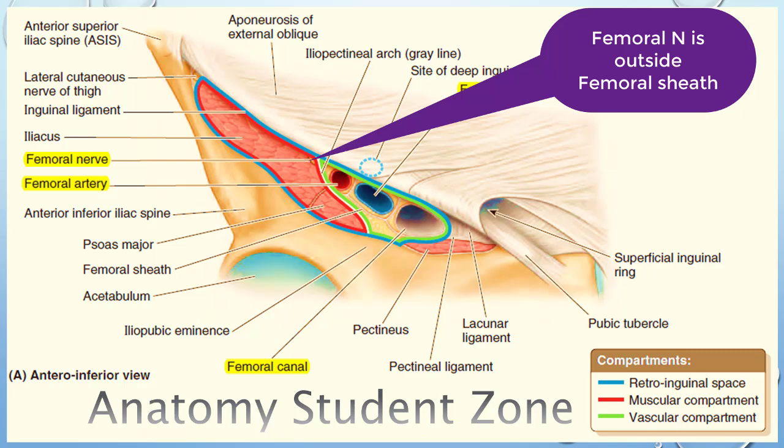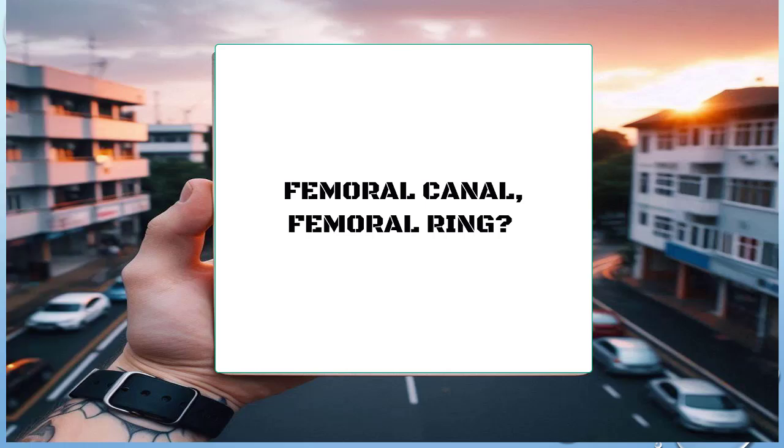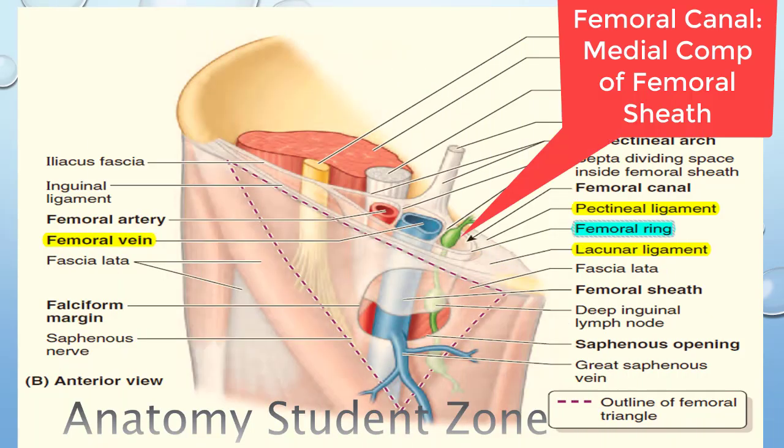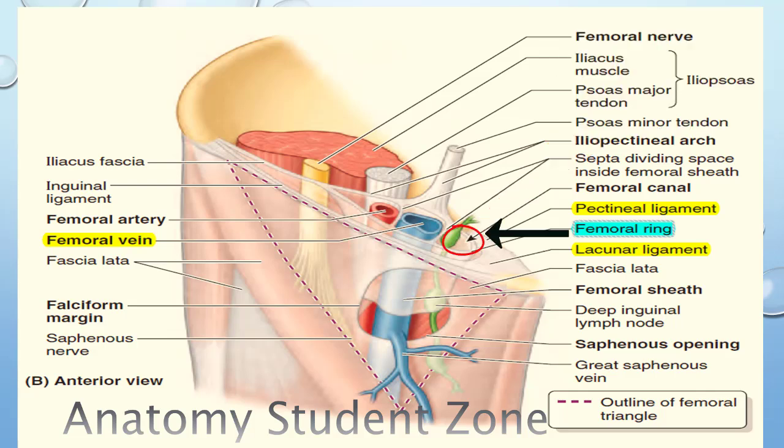Now I will tell you about the femoral canal, the femoral ring, and its clinical significance. The femoral canal is the small medial compartment of the femoral sheath, and this compartment is for lymph vessels. So the medial most compartment of the femoral sheath that contains the lymph vessel is the femoral canal, and it is just about 0.5 inches, 1.3 centimeters long. It is a very small medial compartment. Its upper opening is named the femoral ring. We can also identify the femoral canal here with the lymph vessels passing through it, and its upper end is the femoral ring.